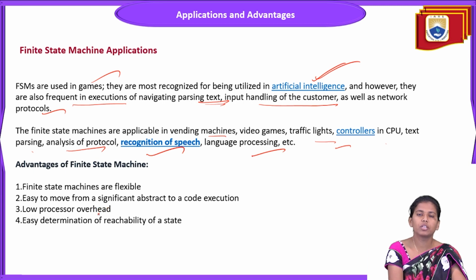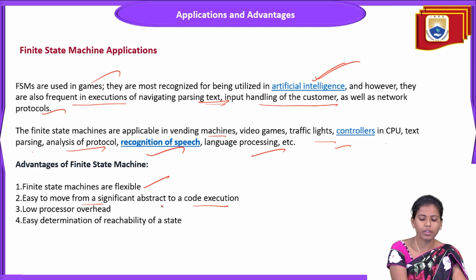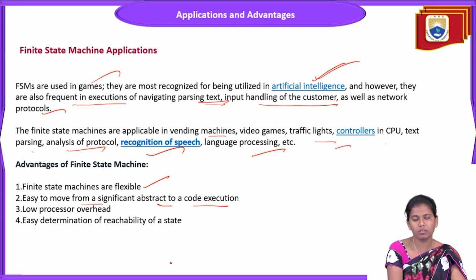And now coming to the advantages. So what are the advantages of using these different machines? They are flexible. They are very flexible and easy to move from a significant abstract to code execution. They can easily transfigure themselves from the abstraction level to a code conversion, or else a code execution, and